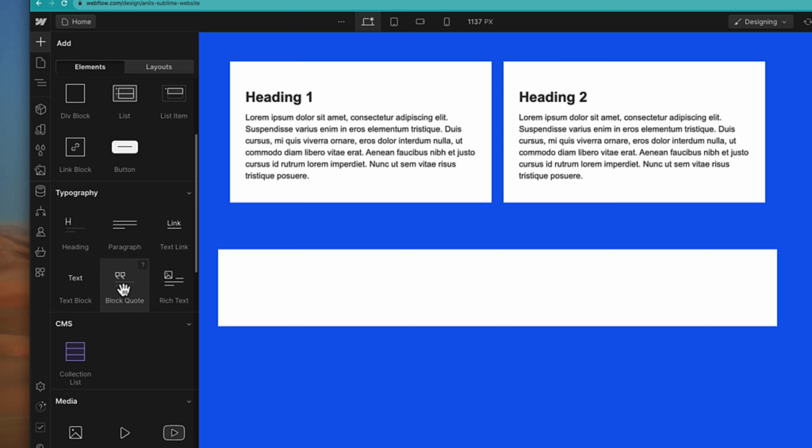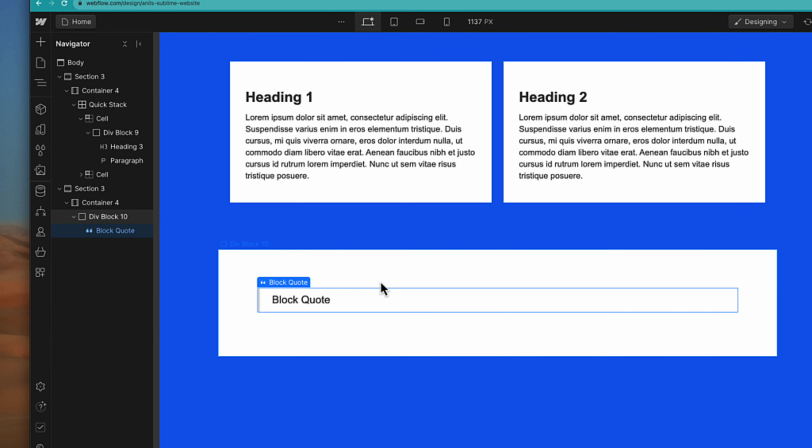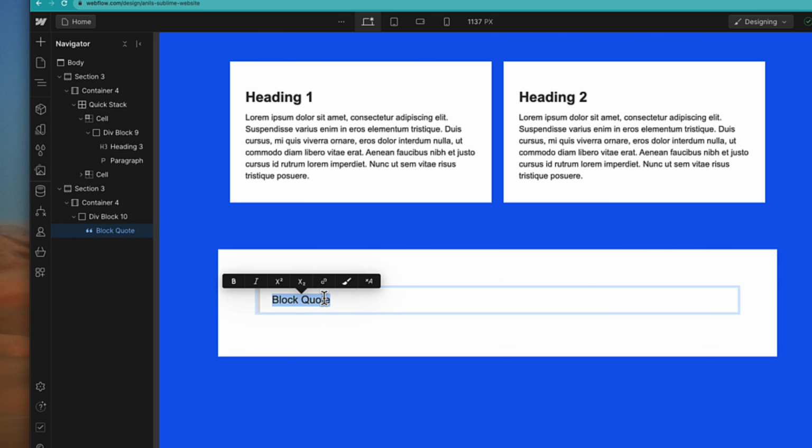If I add, there is an element called a block quote. If I add this element here, as you can understand from the name, this is a quotation area. If you want to write any quote or quotation, you can use this block quote. Block quote has a predefined design to it, and on the left side you can see this line here. So if I want to write any quote,